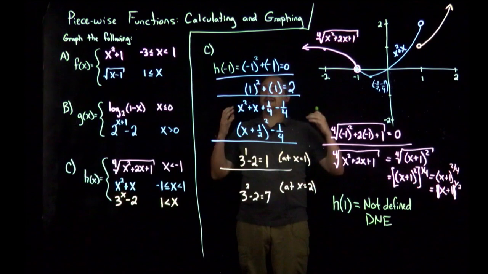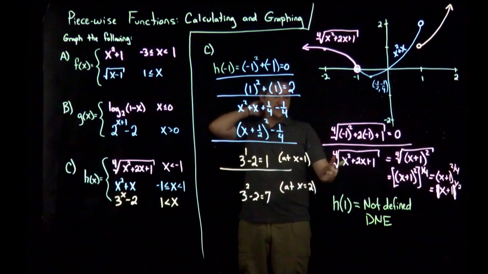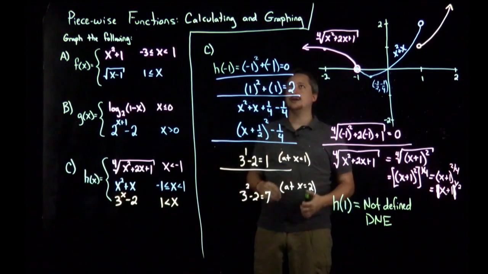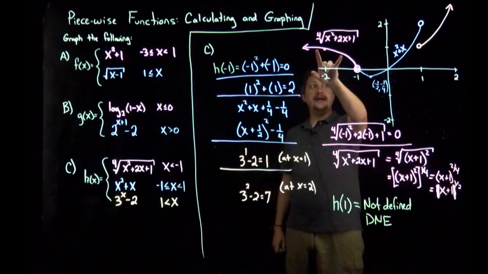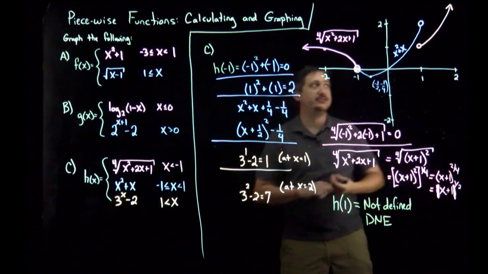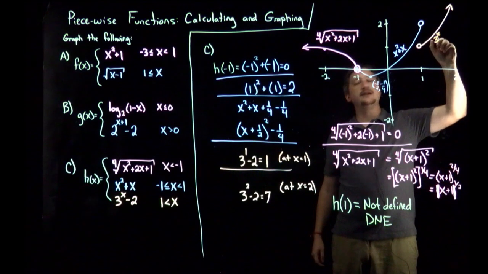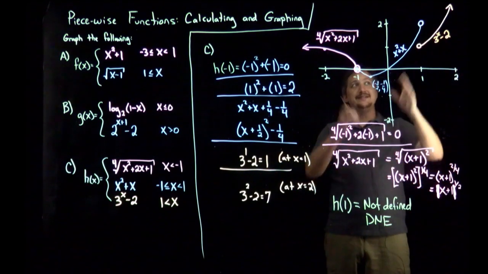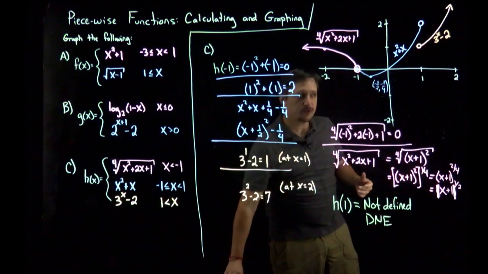All right, so that is 3 examples of doing piecewise functions, calculating them, so doing like h of 1 or h of -1 or the other ones we did, as well as how to graph them, right? And each graph, again, to be clear, should end up looking exactly like geometrically what we said they were, which is 3 different pieces glued together. So this is 3 to the x minus 2, right? And it's really nice and easy to see with color coding, and for what it's worth, if you're doing an exam, you're doing a free response question or whatever,